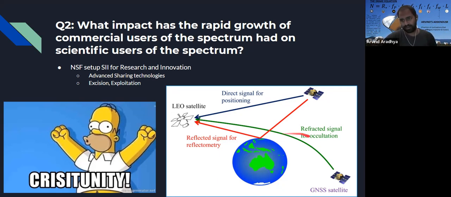And then the refracted signal, because this is passing through the atmosphere and bending, tells you properties of the atmosphere. So this is exploiting the communication signal for actually conducting the same kind of measurements that we have. This is another area of research that we're looking into. When I say we, obviously, I mean the group, but looking at different statistical methods to remove this interference from what exists, and also looking at the physical interaction between these signals.